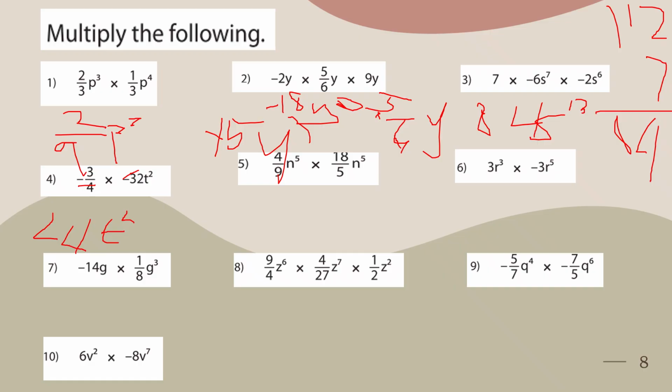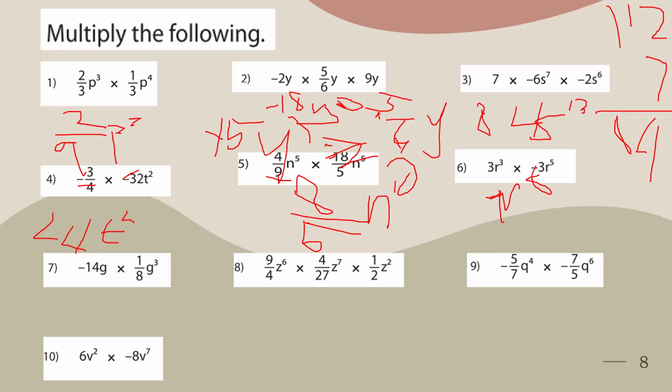Then in here, we can use cancellation. So we get 2. 2 times 4 is 8. That means 8 over 5, and raised to 10. Okay, so 10 is the exponent. And then here, 3 times 3, that is negative 9. Negative 9r raised to 8, no? Negative 9r raised to 8.